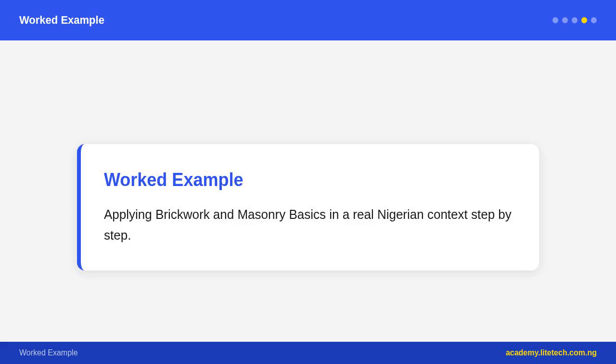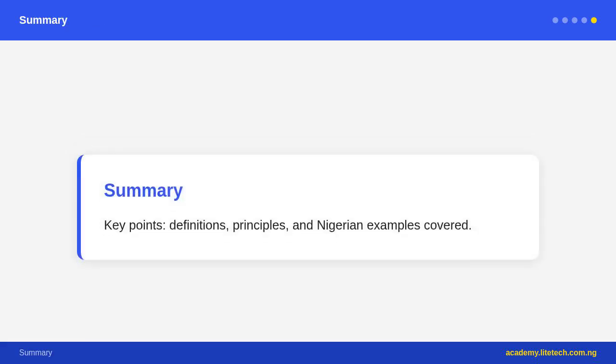Masonry tools used by bricklayers include the trowel, a flat, pointed tool for applying and spreading mortar, the spirit level, for checking that courses are horizontal and walls are vertical, the builder's line, a string stretched between 2 pins to guide the course of bricks, the jointing tool, for finishing the mortar joints, the cold chisel and hammer, for cutting bricks or blocks to size, and the plumb bob, a heavy weight on a string used to check that a